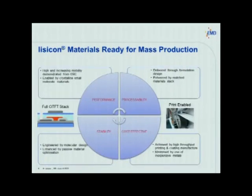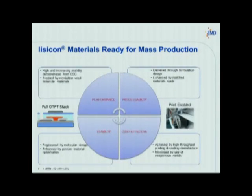So what do we believe we actually need from semiconductor materials? Well, it's a combination of 4